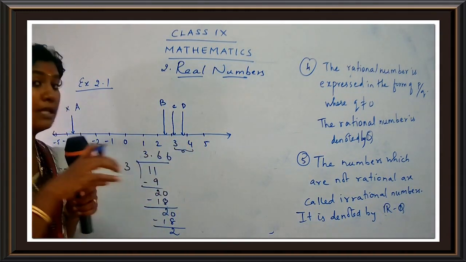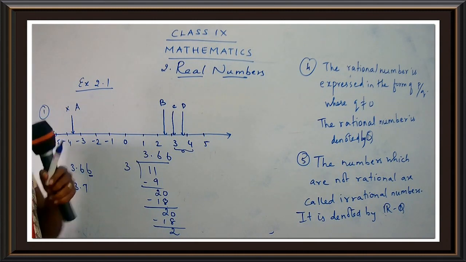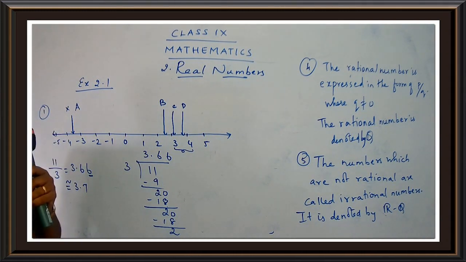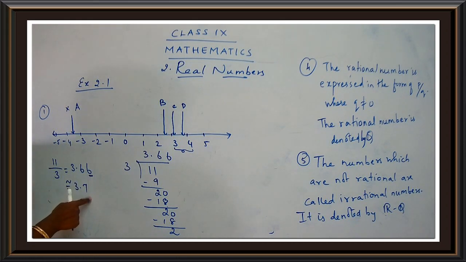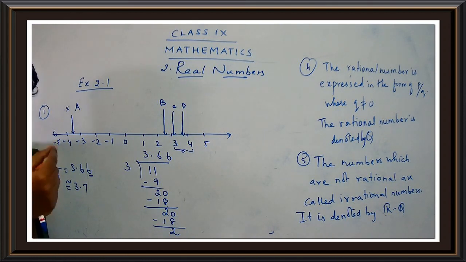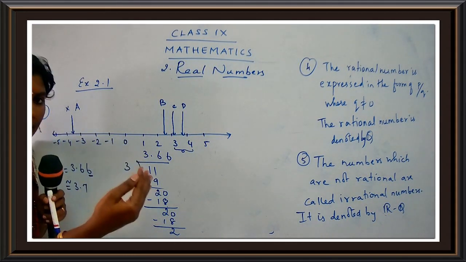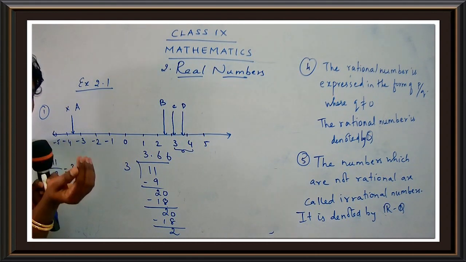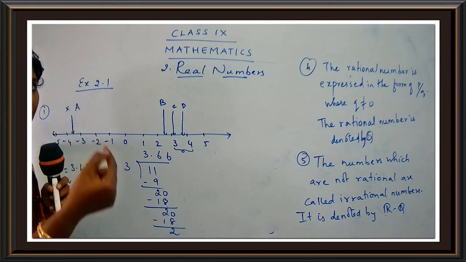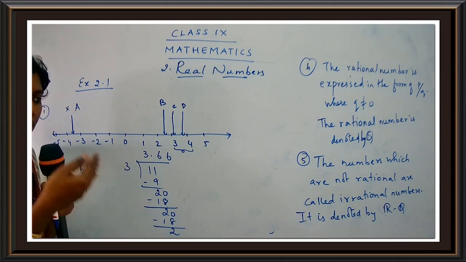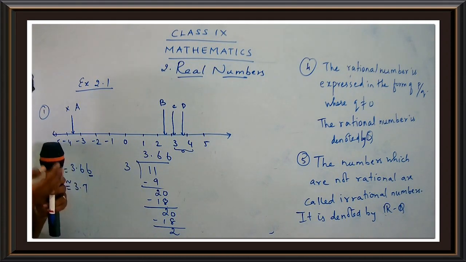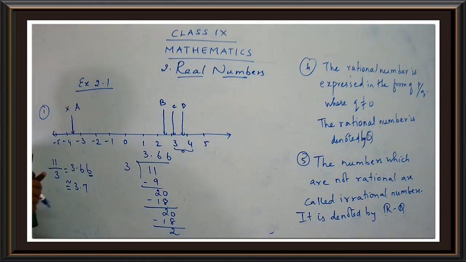Now I have to choose the best arrow. Which is the best arrow here? Is it C or is it D? See here, C is closest to 3, yes, children? Now here it's 3.7. Mostly when you go above 3.5, we are close to the number 4. 3.5 means we are nearing the next number. Getting my point, children? And if you are less than 3.5, you are nearing the previous number. So here it's 3.7.